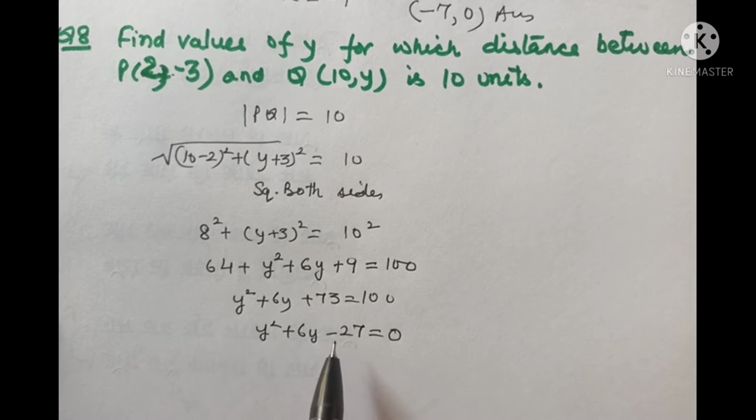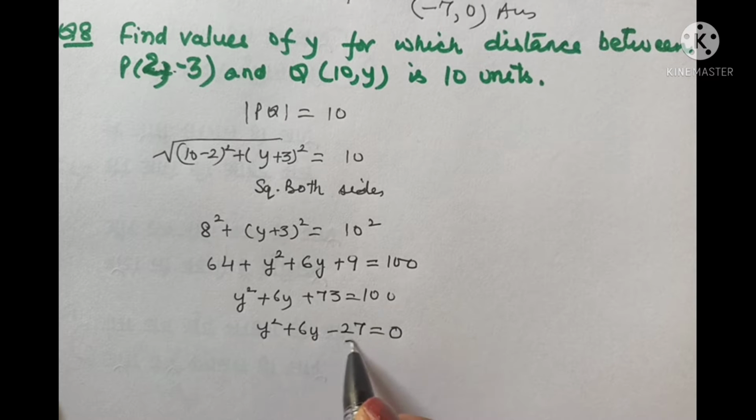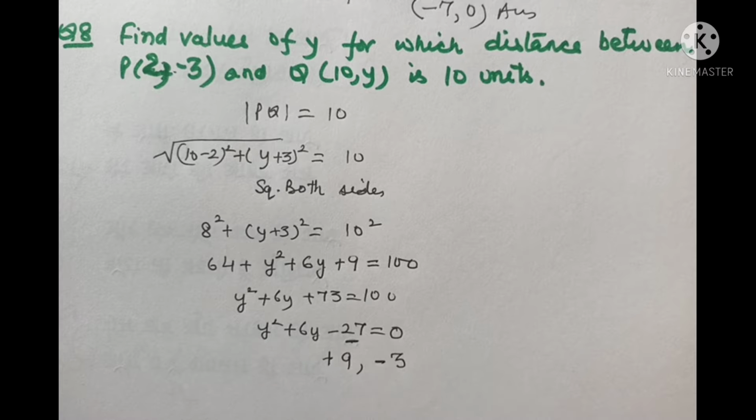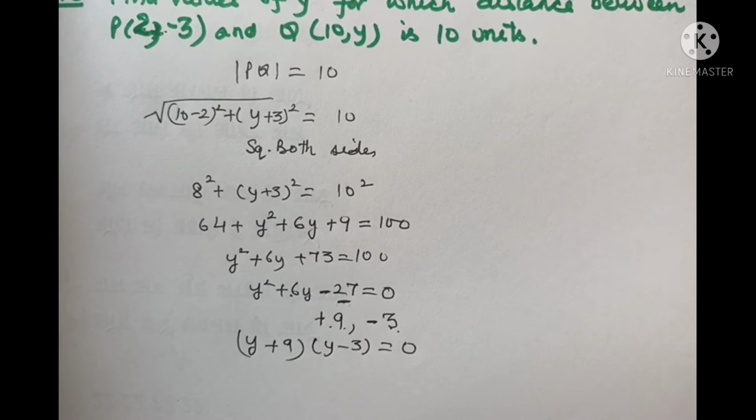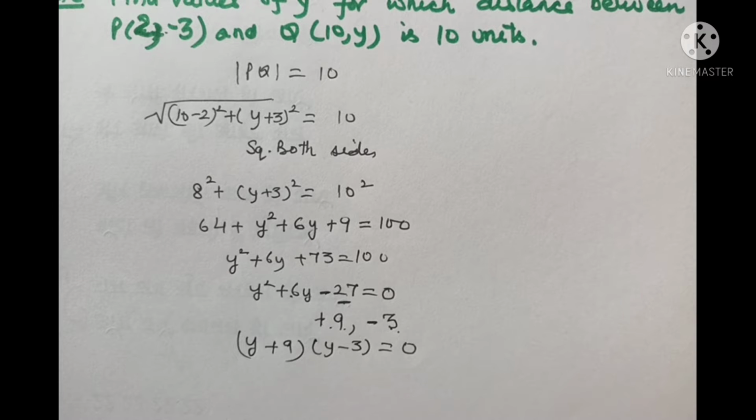Now this splitting you can perform in one step. Just see factors of 27, we have to make factors which on subtraction give me 6. So 9 and 3 are the factors, and since I want plus 6, I will use plus 9 minus 3. This is also a shortcut video made on my channel which explains this trick, you can see, but I will explain it again here. First you write down the factors of 27 which are 9 and 3. Now I want that on subtraction they should give me plus 6. So plus 9 minus 3, and write y with both of them. So (y plus 9) into (y minus 3) is equal to 0. So you can directly do it in a single step, because here we are not checking your splitting of the middle term concept.